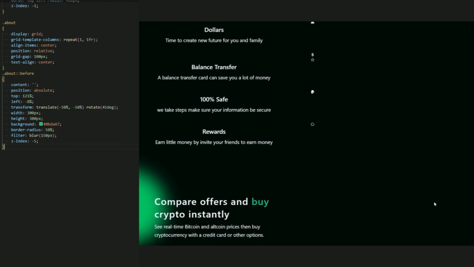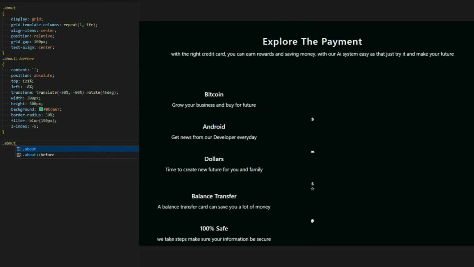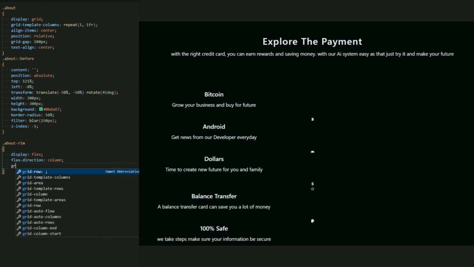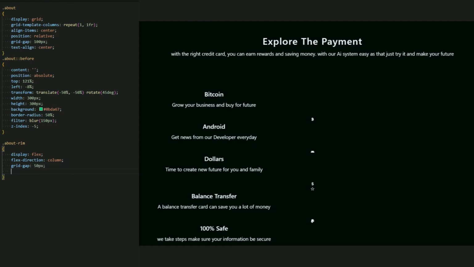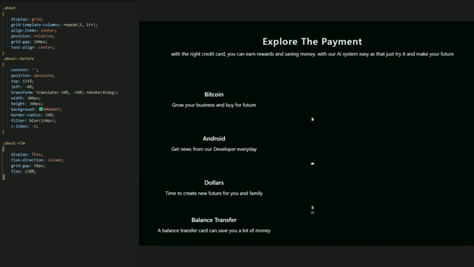Okay, and now let me add about trim to add a display flex, just like I said for you guys, about trim to add the display flex and the flex direction column. So in about trim, for these 3 boxes that have inside it display flex and flex direction column, and add a grid gap, a little space 15 pixel, 50 pixel, and the flex 120%. Here we go. Now this is about trim, which has these 3 boxes of the icon and the text.